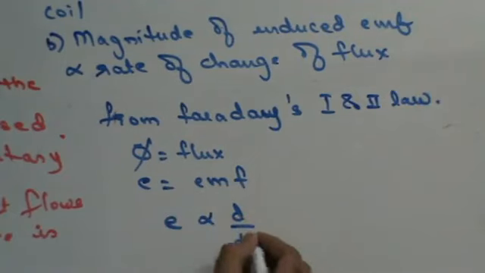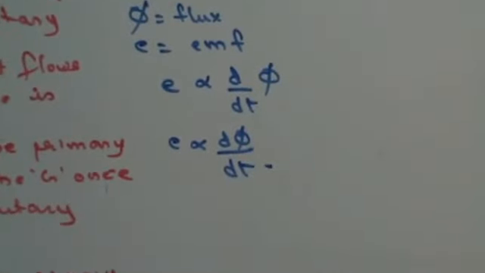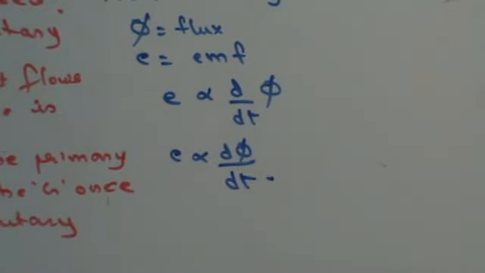Rate of change of flux. So he therefore said that E is equal to d phi by dt. E is directly proportional to d phi by dt. Now, the unit of EMF is volt and magnetic flux is Webers. As such, the constant of proportionality in the above relation is equal to unity, and hence I can say